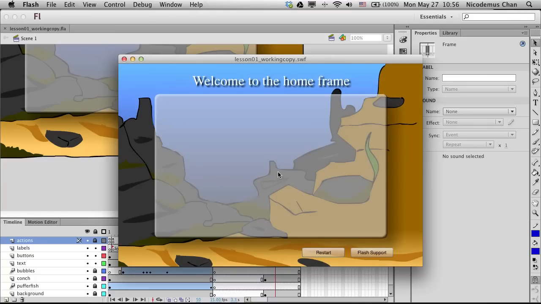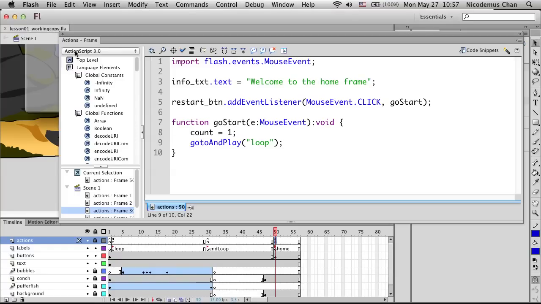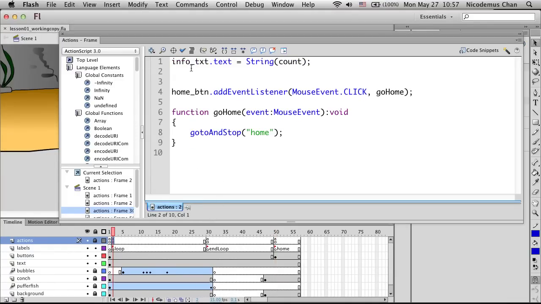Okay, now let's modify the text view dynamically. We got to make the text view more useful by adding some things to make a complete sentence. So we got to come over here. Notice at this part, infoText.text equals a string. Instead of putting infoText.text equal to string, we got to put here